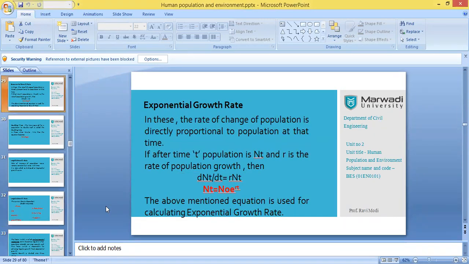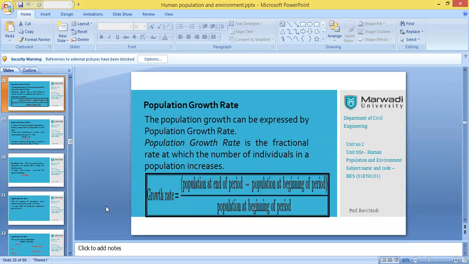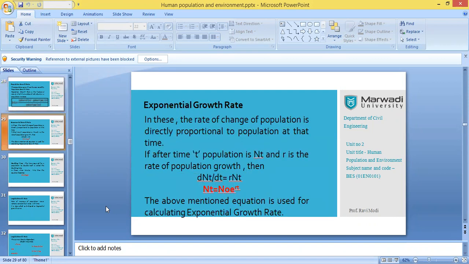Okay, next is exponential growth rate. So now we need to study this particular term as well. In this, the rate of change of population is directly proportional to the population at that time. So if after time t, I don't know how much t is, I have to assume it according to my convenience, so if after time t the population is Nt, and r is the population growth rate,